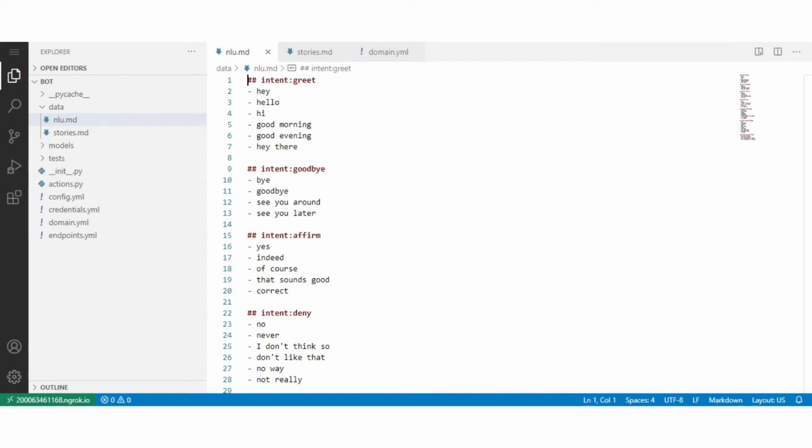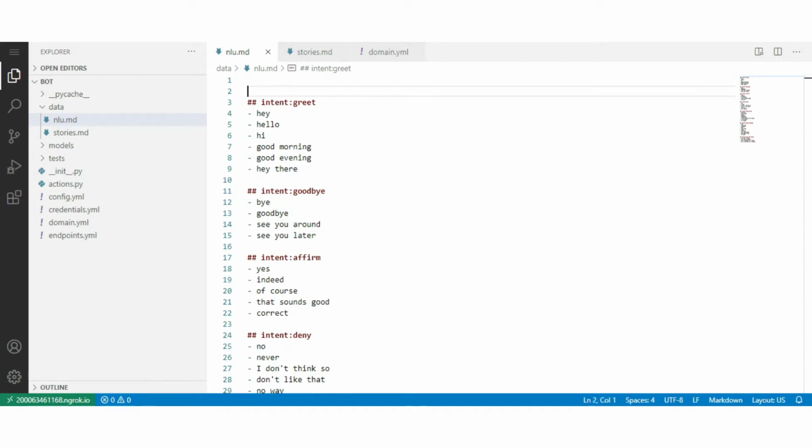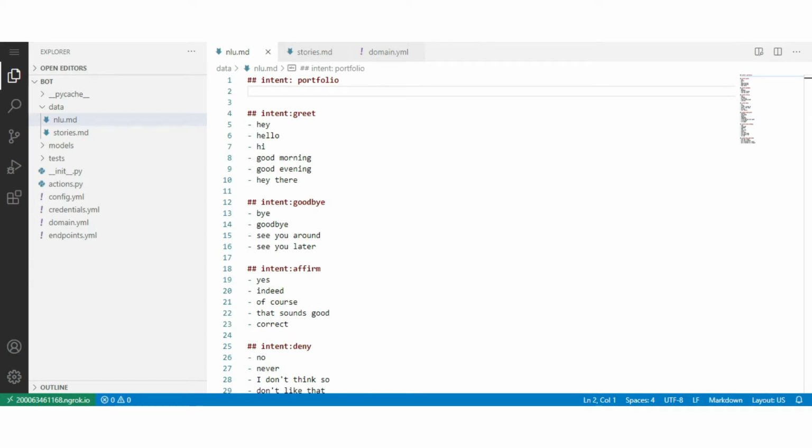So let's add this to our chatbot. For that, move to the nlu.md file and create an intent with the intent name portfolio, typed as intent portfolio. Now add a few sample ways of saying give my portfolio details. For that, type